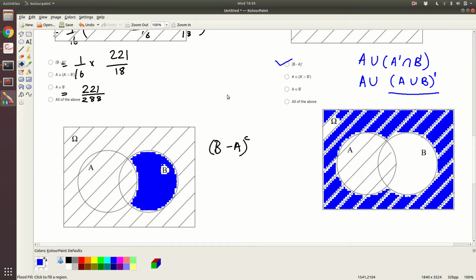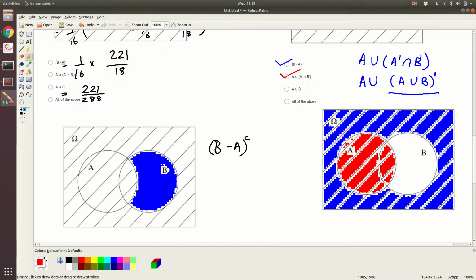And if I now add A to it, so let me choose a slightly different color. So okay, one section we have missed out, that is this. And now if I add A to this, okay, so we get this whole figure, and that is precisely the shaded region. So now at least two options are correct. Now we can do the third one, but I will leave it to you to do. So for this, we can easily see that even the third one also holds. So all of the above is the correct answer.